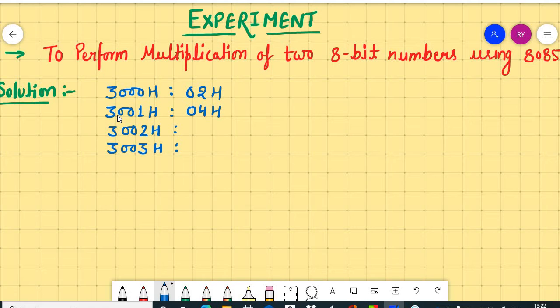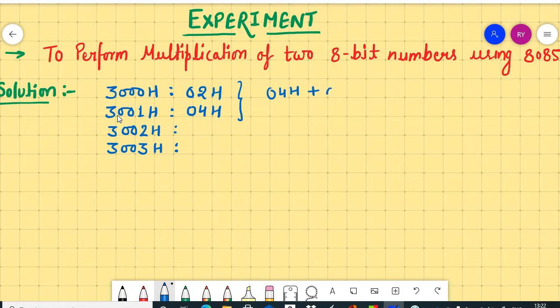In the 8085 microprocessor there are no multiplication and division instructions. So what can I do for this? We use the successive addition method. What is the successive addition method? Add one number to itself, and set the other number as a counter for how many times to add.